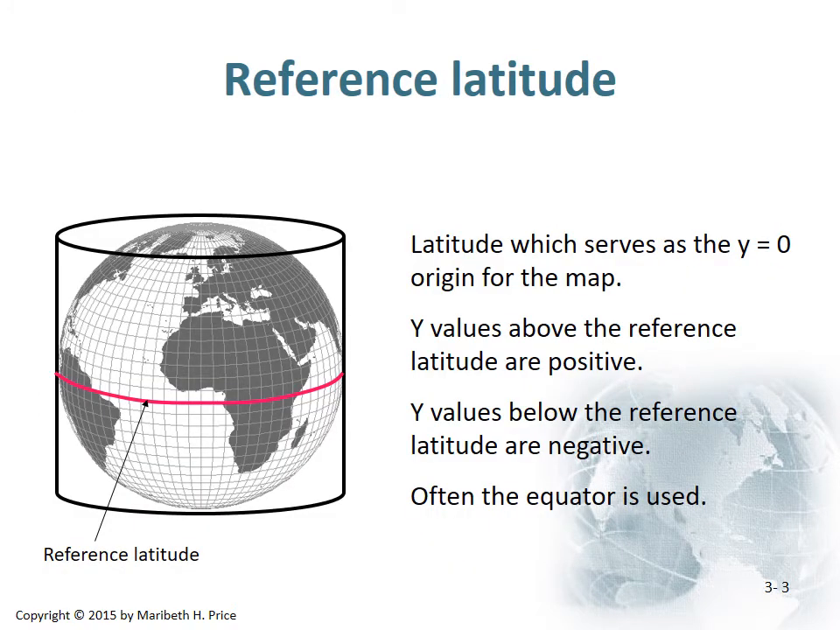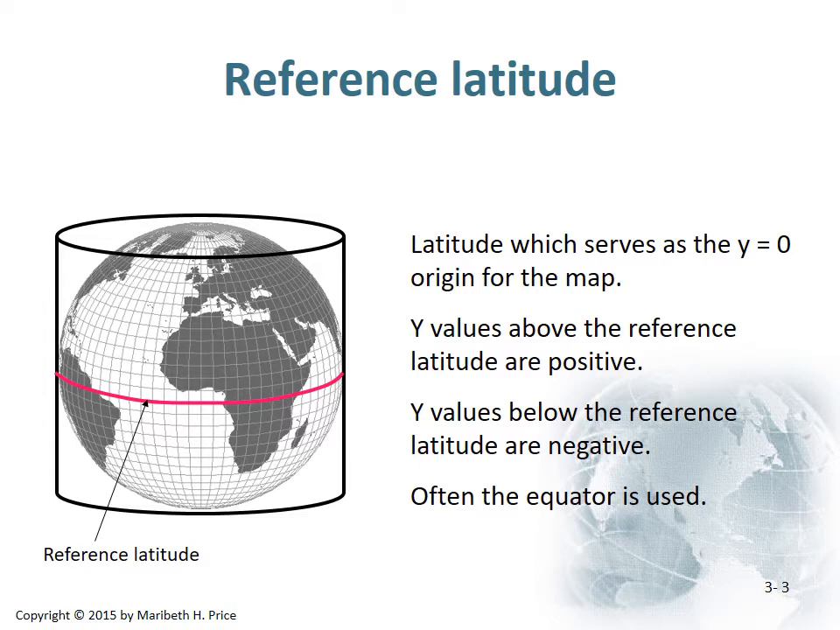The reference latitude for most maps is going to be 0 degrees, meaning the equator, the geometrical and mass center of the planet as it spins on its axis. We use y values above the reference latitude are positive to the north. Y values below the reference latitude are negative, whether that's the equator or not. So we can set a reference latitude,